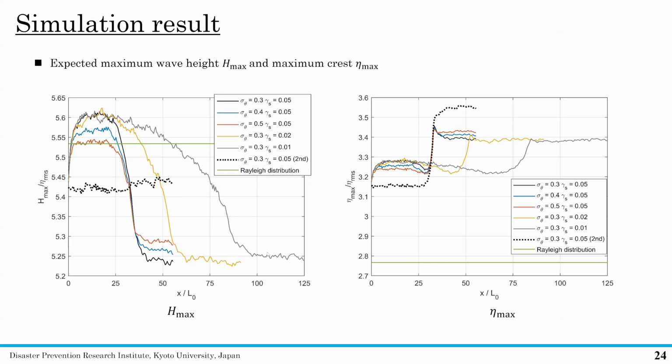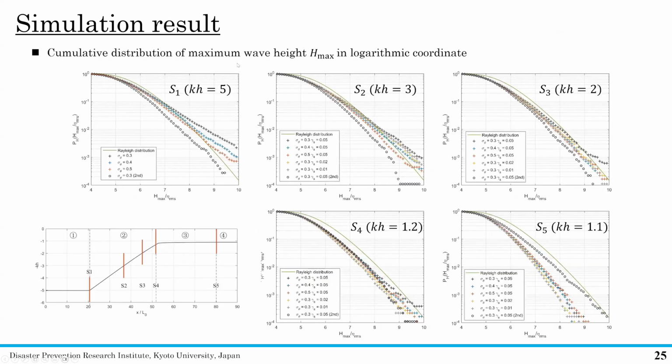But in the shallow water, the bottom effect becomes larger and larger, and becomes a main impact factor. That is the distribution of the maximum wave height in different sections, from deep water to generally shallow water. We can see the difference, and the conclusion is the same as before.